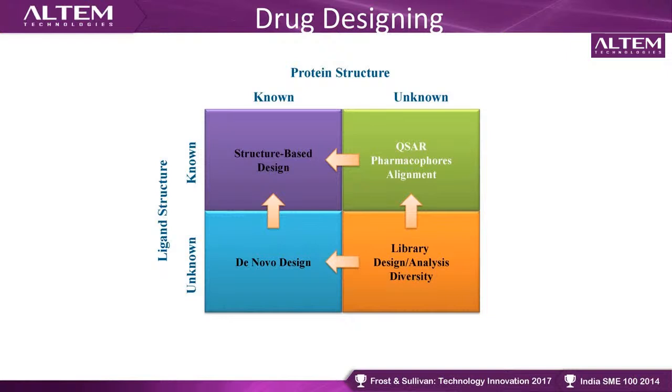But when we don't know about the ligand structure or even the protein structure, then of course we have to go through literature search, reports, analysis, and designing. We need to design our ligand molecules. Hence, we can utilize diversity generation of these ligand molecules. And once we have any one candidate molecule, we can proceed for the further drug